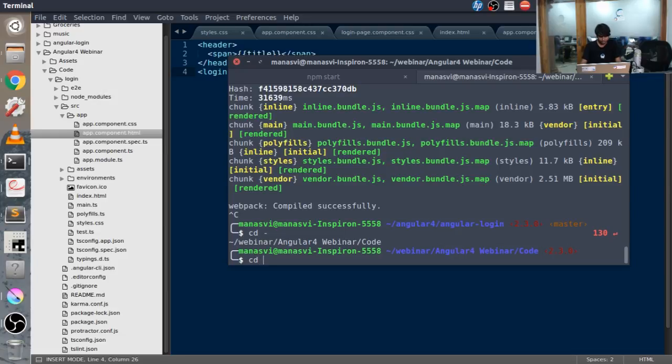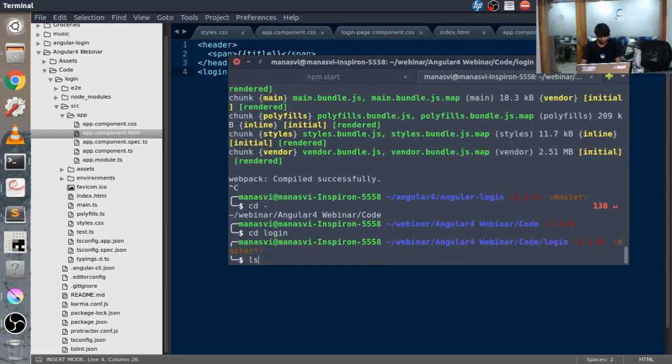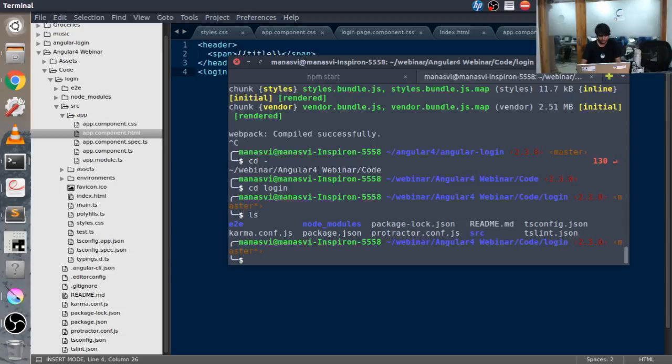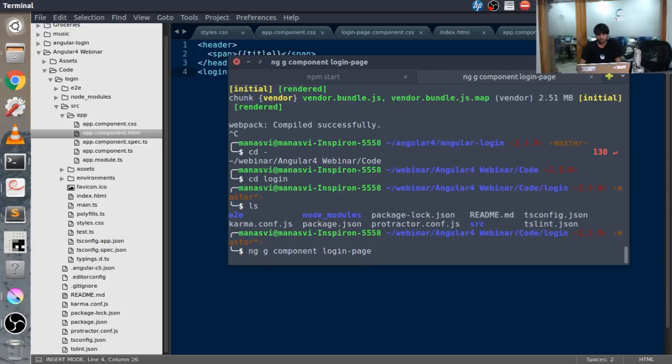Okay, cd login. Now the command that I'm going to run is ng generate component login page. So if you just run this command, ng generate component login page, a shorter version of this is ng g component login page. Here g stands for generate. So if I just run this,